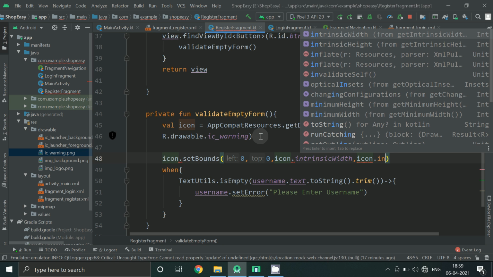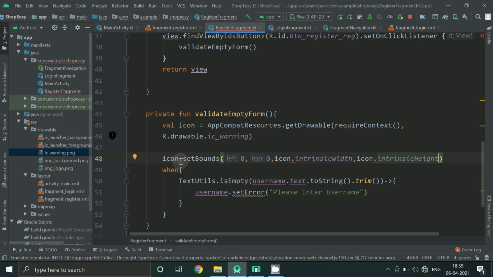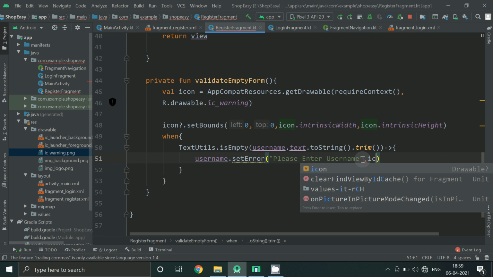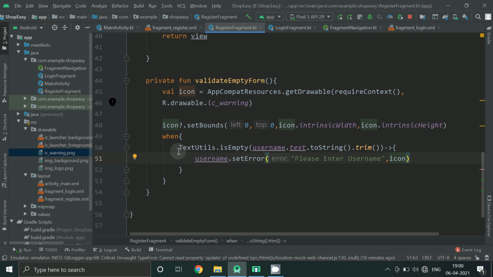Now when we have this icon ready, we can pass it here. So we will copy this for all the field.